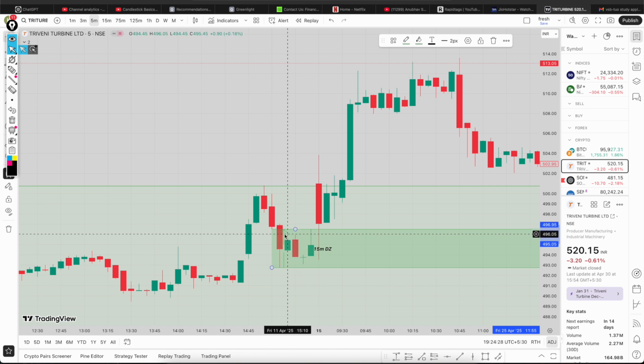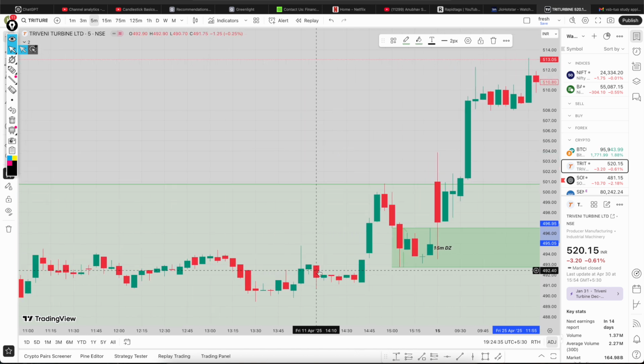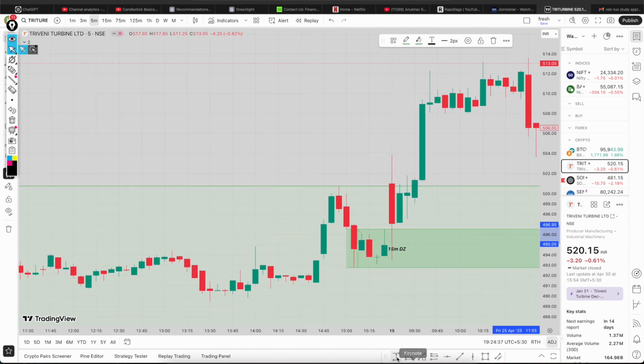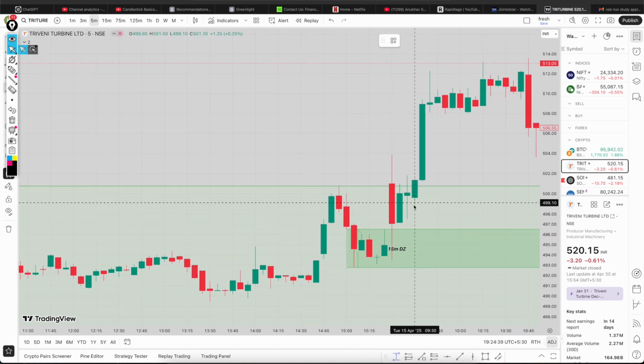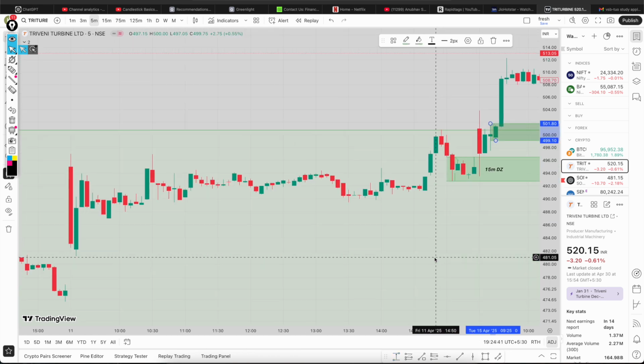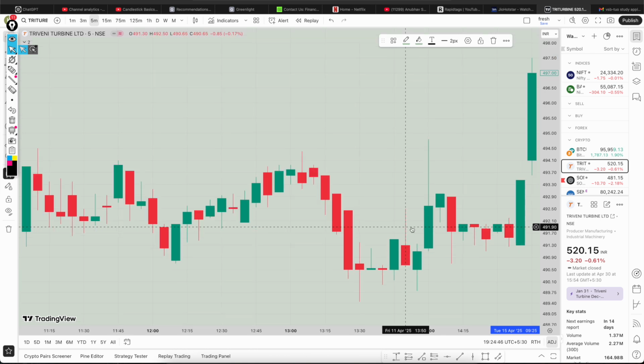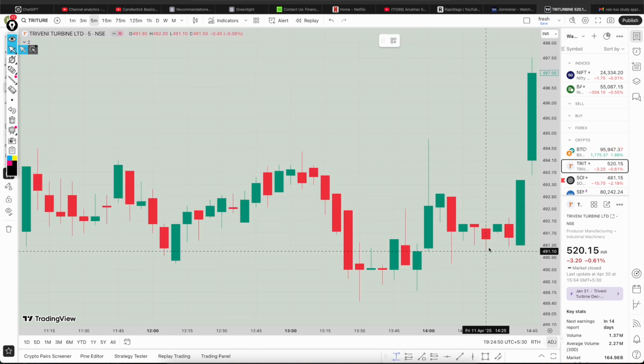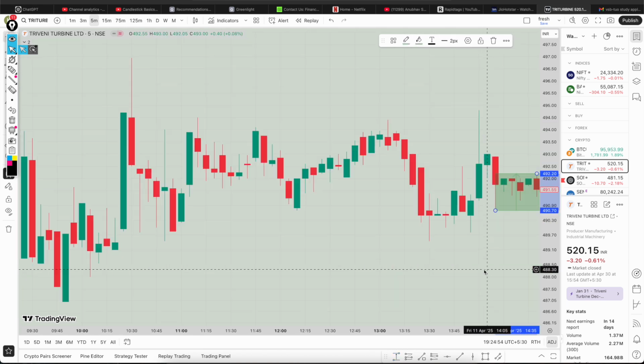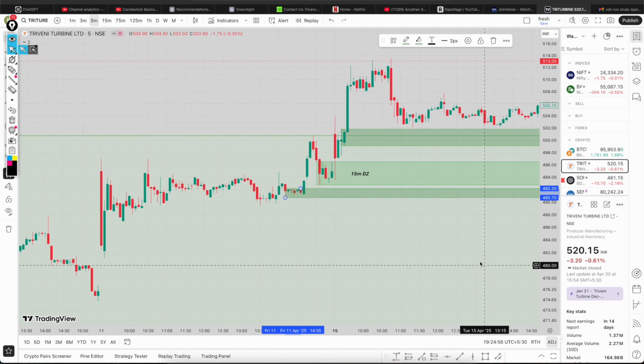Then we have drop, base and run, another drop. No, drop does not work here, so we'll just ignore this. One zone I can see over here: rally, base, drop. We'll see how this zone has performed. And another zone I can see over here: drop, 1 2 3 4 5 base candles and a rally candle. So this is one zone which is outside this 15-minute zone, and this could really act as a